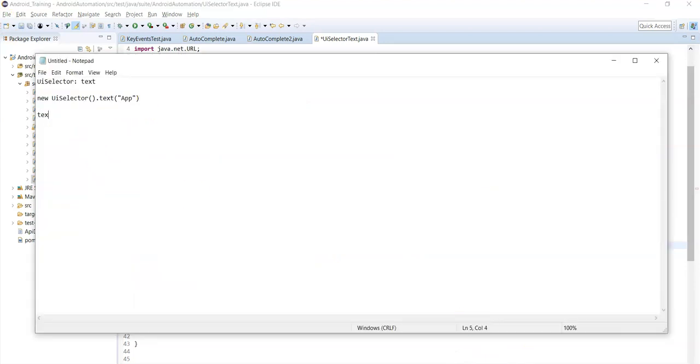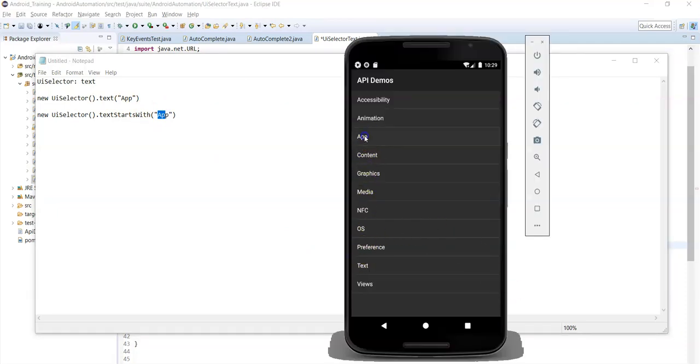Now there are other methods. The second method is text starts with. Here you need to pass some starting text attribute value inside the text starts with method. So text starts with, and you pass some starting value. Let's say after clicking the App name, you want to click on Alert Dialogues.